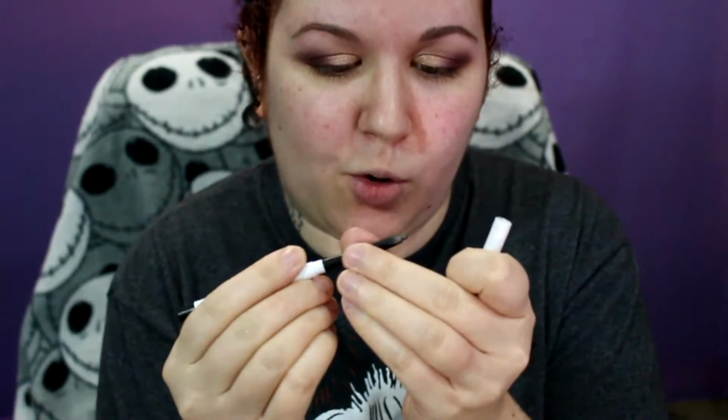So I have to get my eyeliner, which I forgot to grab. I grabbed everything else. I'm gonna use my ColourPop liner because I want to be quick with it. I'm not even gonna do a wing or anything. This is just how I do my eyeliner when I'm in more of a rush. I'm not in a rush today, but